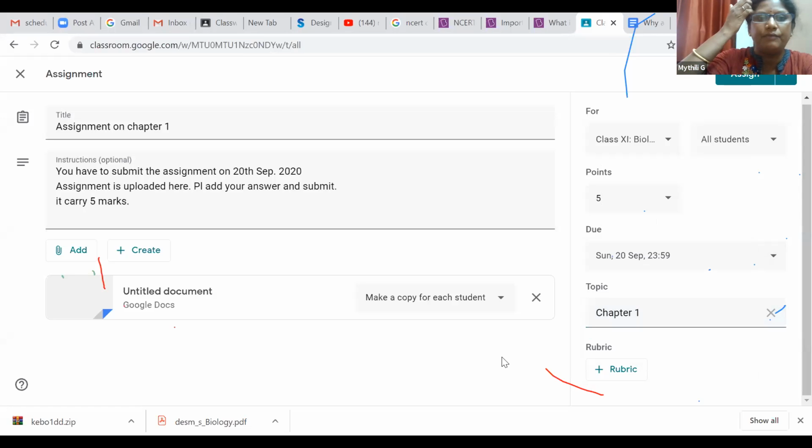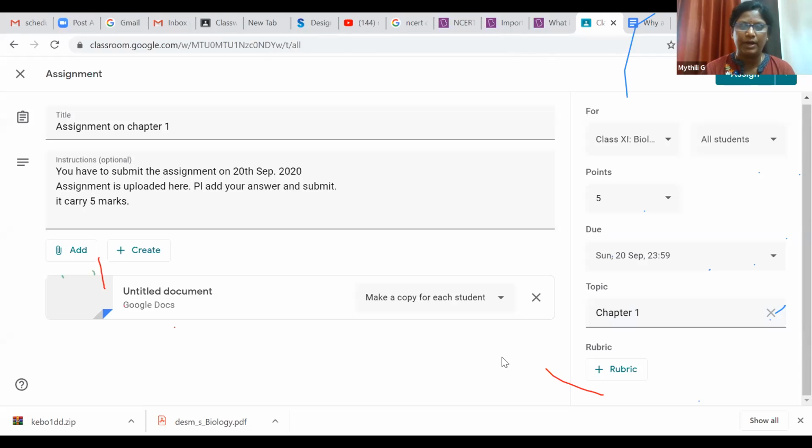So rubric is a way where you have a clear picture of the structured evaluation method. That is what we call a rubric, because once you set the rubric, it is easy to evaluate. Going through the assignment and evaluation will be easy for you, and also the student is able to see the rubric. Suppose if I give this much of an answer, then I will get only 1 mark, and if I explain more, whatever the criteria required, then the student will get to know where I am standing.